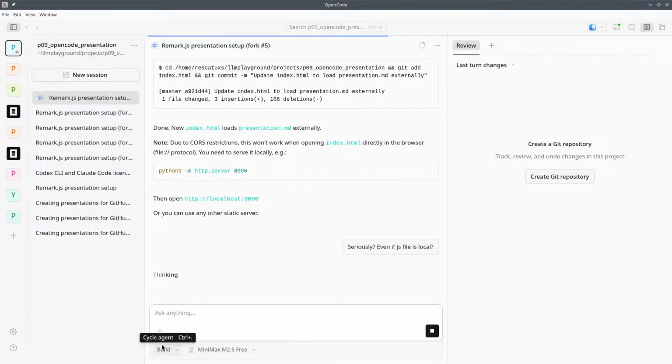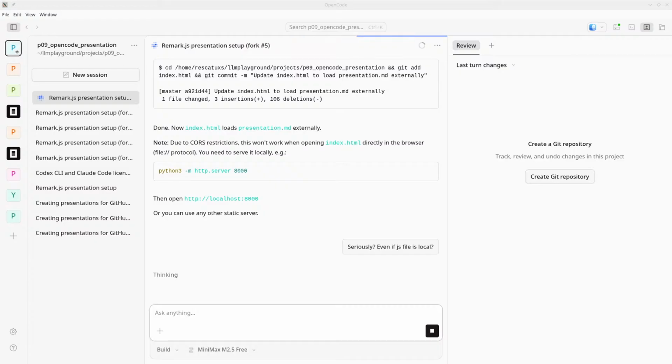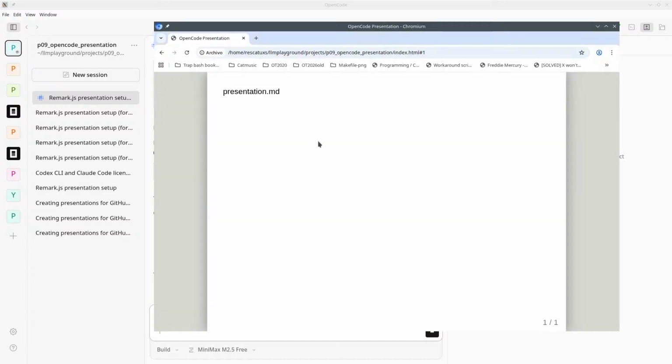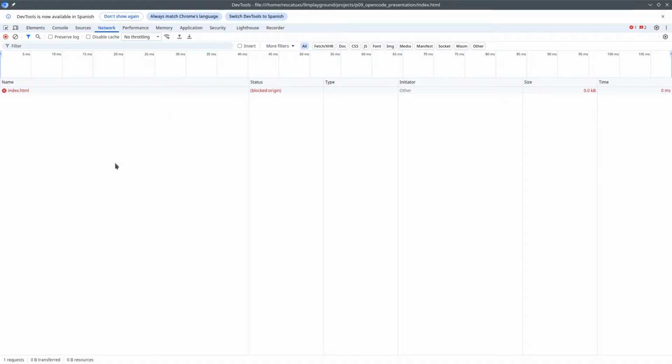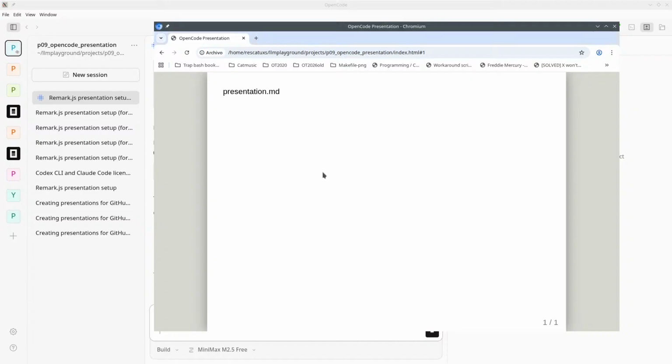I should have set plan. But yeah, in any case, I think that what we have here, yeah, it's blocked origin. Why would you block this thing? Wait a second. Yeah, okay. One second, please. Somehow it doesn't work, but